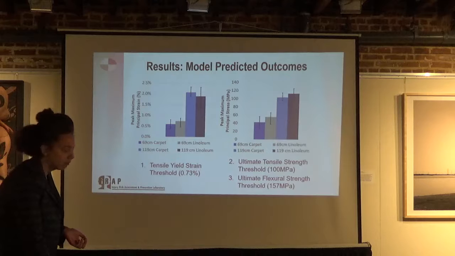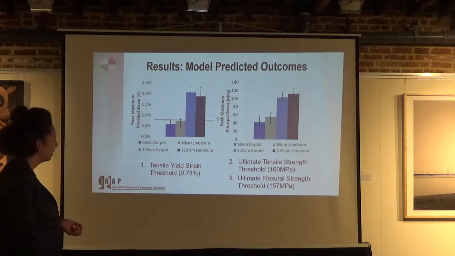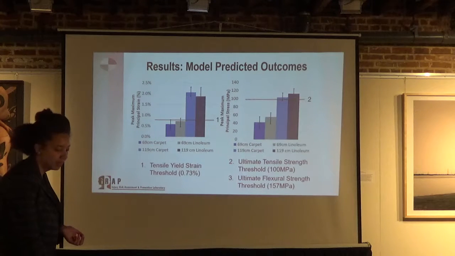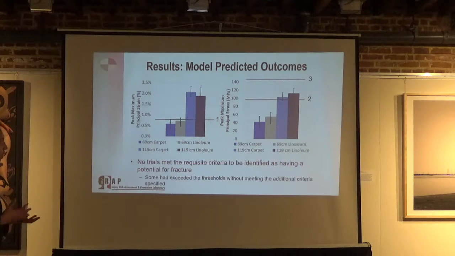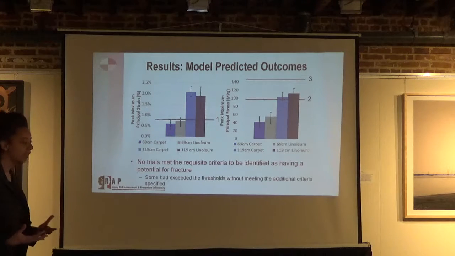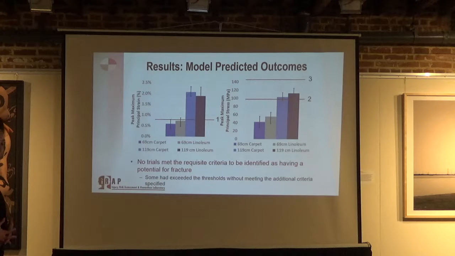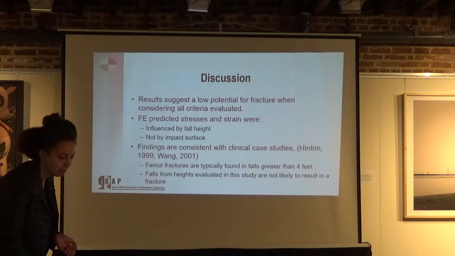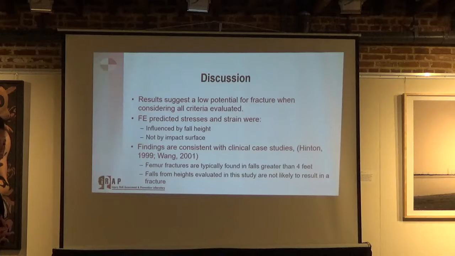So, a refresher on those fracture thresholds: we have the tensile yield strain, the ultimate tensile strength, and the ultimate flexural strength. And you'll notice some of these trials do numerically exceed these threshold values, but they didn't meet that additional criterion of having a minimum number of congruent elements exceeding that threshold. So none of the trials that we evaluated met the requisite criteria to be identified as having potential for fracture. These results suggest that there's a low potential for fracture when considering all the criteria evaluated, and these first falls